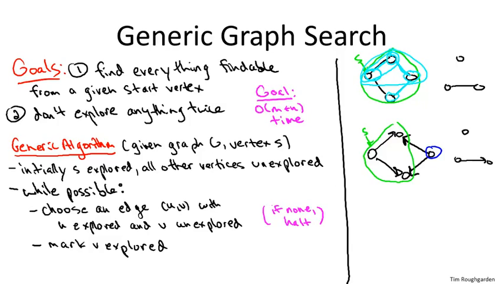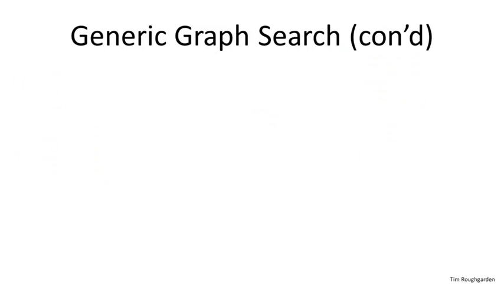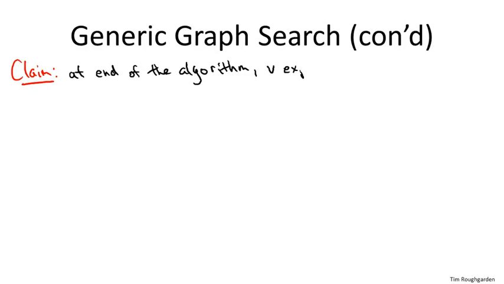And one thing I want to mention is that this claim and the proof I'm going to give of it holds whether or not G is an undirected graph or a directed graph. In fact, almost all of the things that I'm going to say about graph search, and in particular about breadth first search and depth first search, work in essentially the same way, either in undirected graphs or directed graphs. The obvious difference being in an undirected graph, you can traverse an edge in either direction. In a directed graph, we're only supposed to traverse it in the forward direction, from the tail to the head. The one big difference between undirected and directed graphs is when we do connectivity computations, and I'll remind you when we get to that point which one we're talking about. But for the most part, when we just talk about basic graph search, it works essentially the same way, whether it's undirected or directed. So keep that in mind.